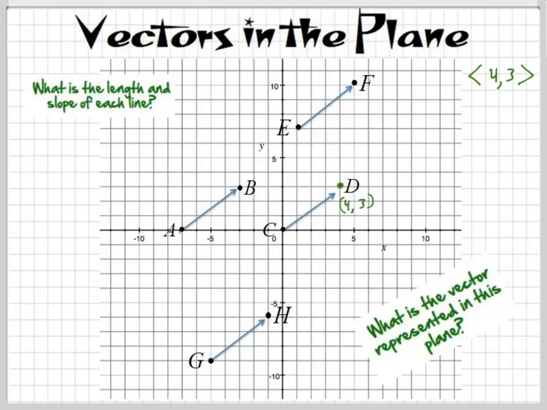All of these lines right here represent the same vector because they have the same length and they point in the same direction. The vector is written as 4, 3. You guys know the slope of each of these lines because I just had you find them. You know the slope is 3 over 4, right? Yeah. And you know the length of all these is